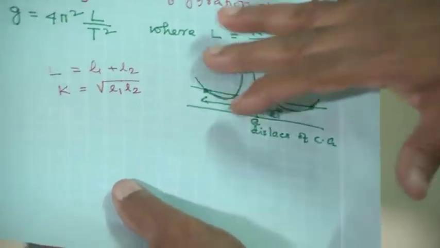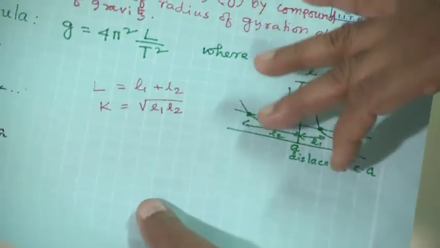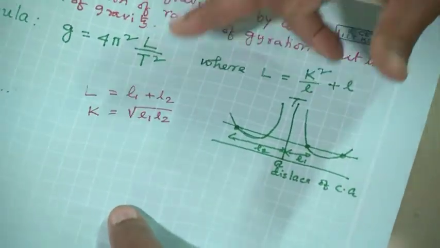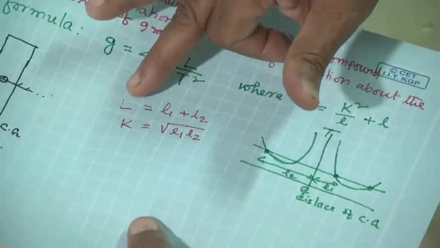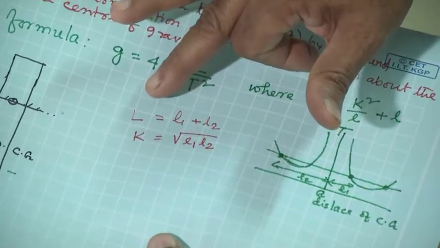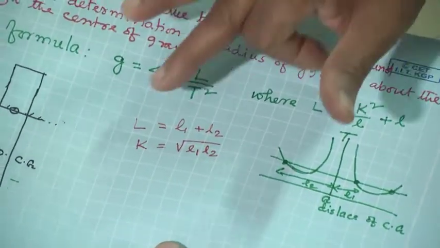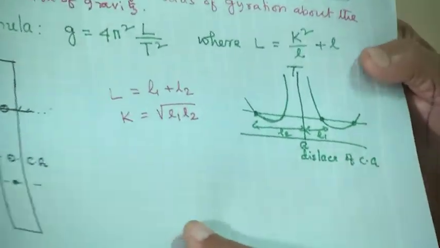So, from this graph we will find L1 and L2, and from there we can calculate capital L, which is the effective length of the pendulum,